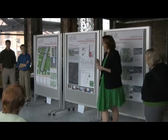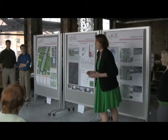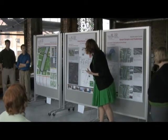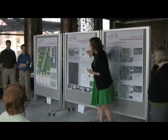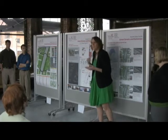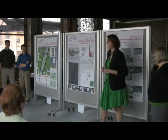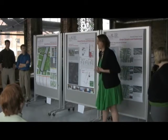So having Interstate 71 right in the center of our site is a strength if you're looking at regional connections, which I apologize if I didn't pronounce well. But we have the hospitals. You see Walnut Hills right here, and here's our roundabout, and then downtown. Look how it's smack dab in the middle. That is a huge asset. But being along the interstate also poses a threat because of the noise, the traffic congestion. So we had to be very sensible when we looked at this in our